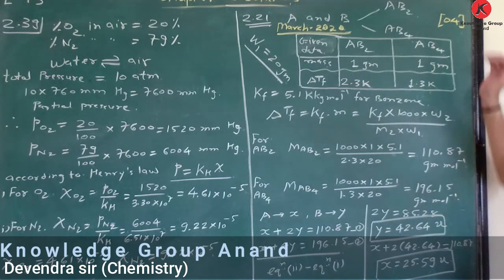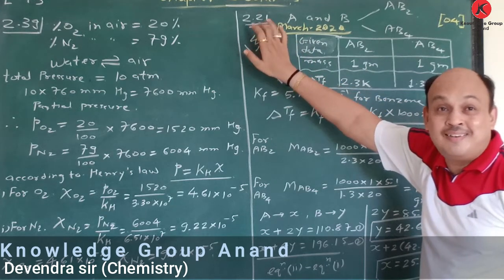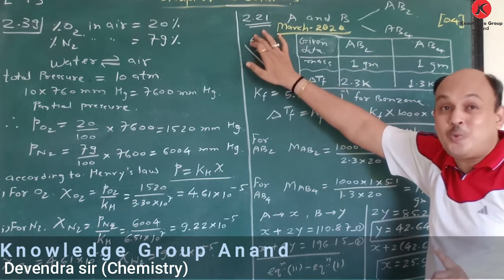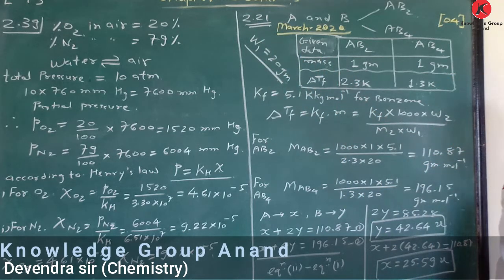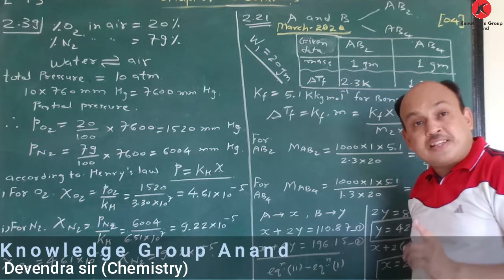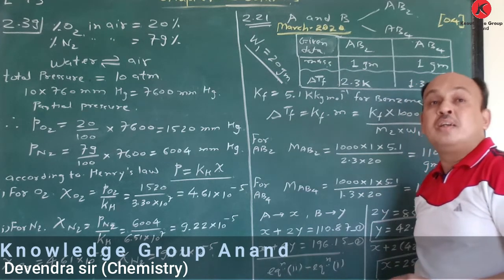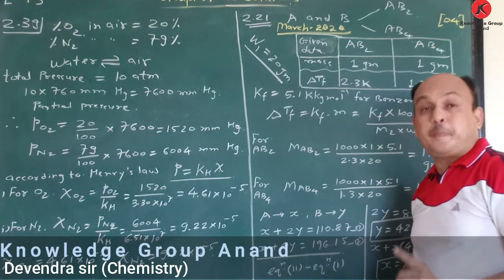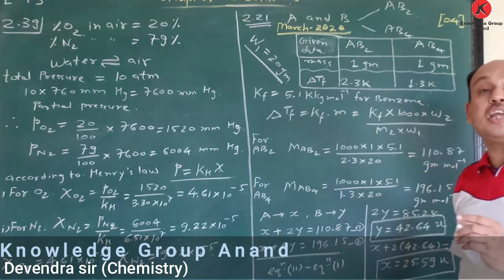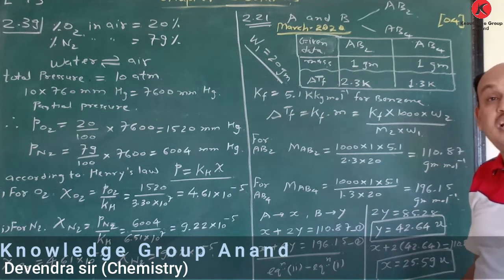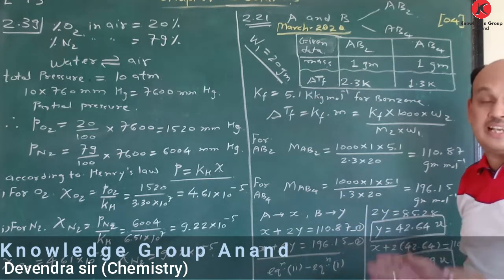So this was March 2020, and this is our last example. Just see, it is example number 2.21. Remember, exercise number 2.21 is there, so this example was asked. So be prepared and make a note of the exercise in an individual notebook, and prepare it completely. Just draw attention towards certain reactions or equations or whichever conditions are given, and according to that, if you calculate, then your answer is always correct.